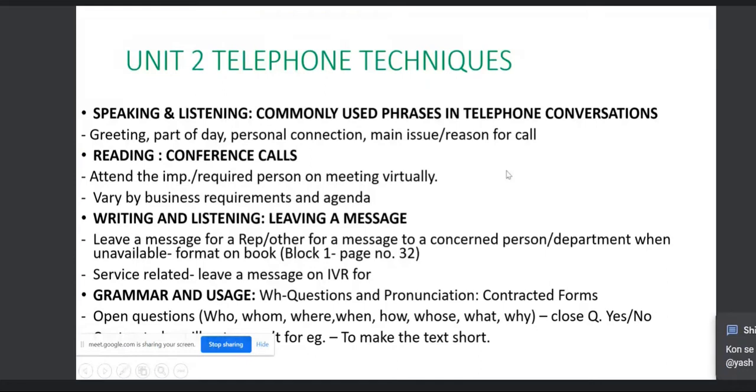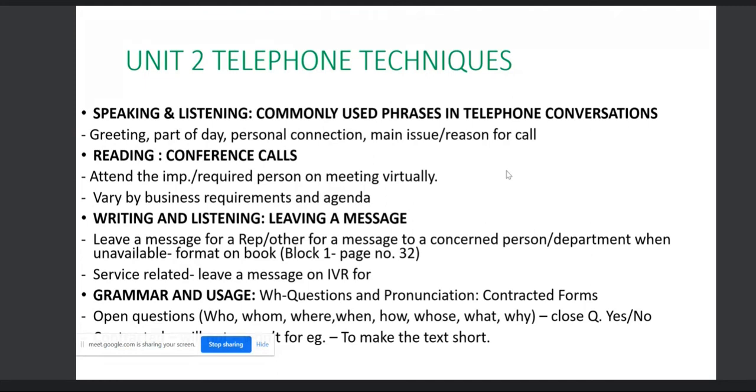In telephonic communication, if you are calling, first of all you will greet, saying good morning, good afternoon, good evening. You will greet the person using the part of the day, and you will start with a personal connection. Personal connection means, since nowadays it has been added in our communication, and while we are introducing, hello, good morning,